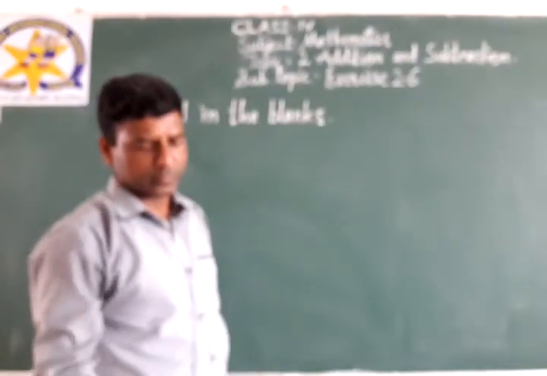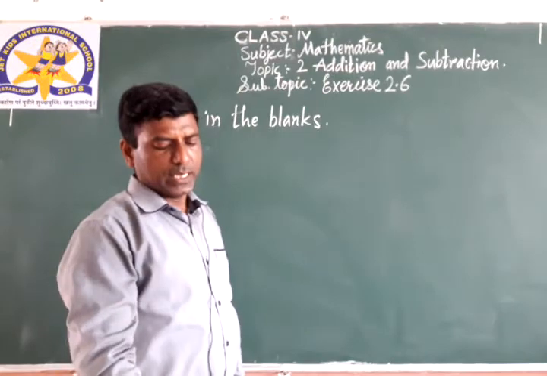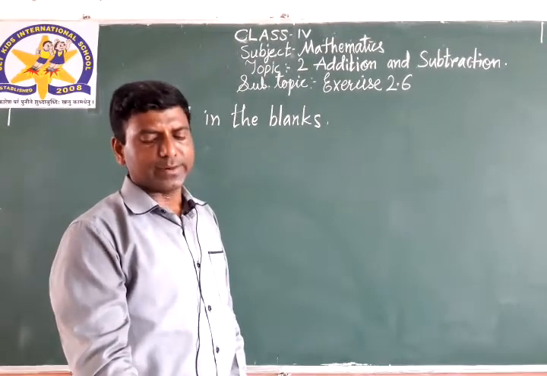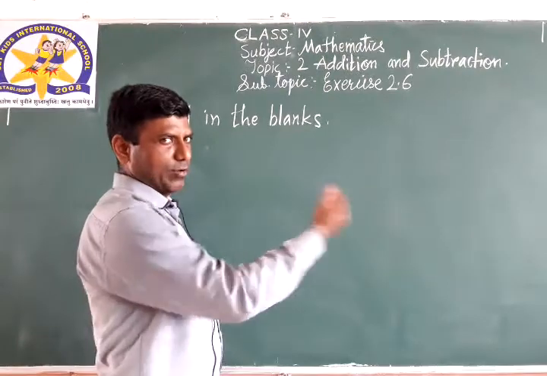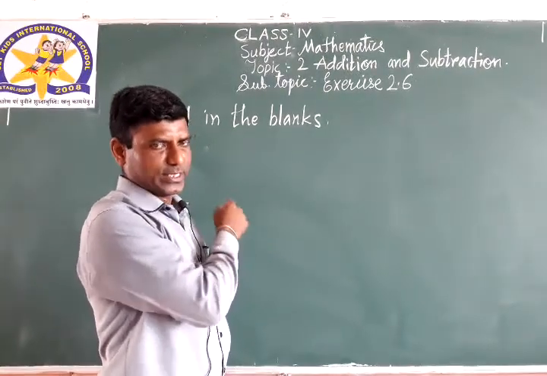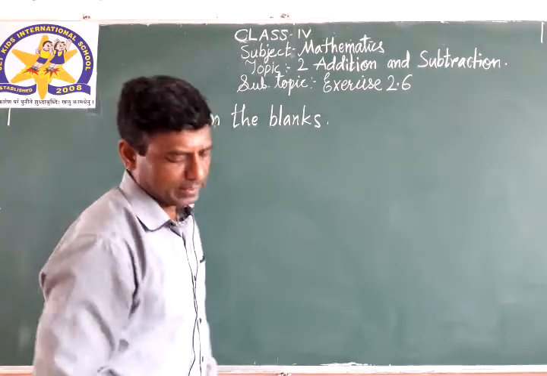A. See here, commas are not given, they directly wrote a number. So you should put commas according to the Indian place value system. From right to left, first 3 digits, then 2 digits. 48,580.